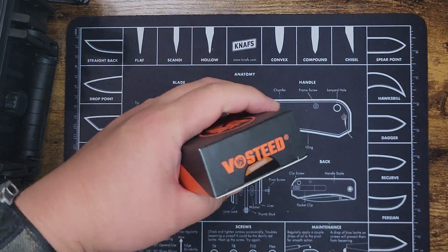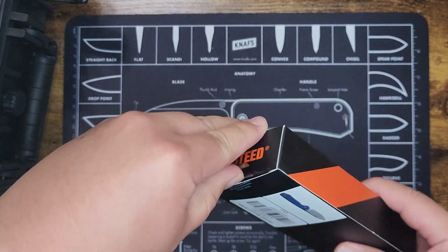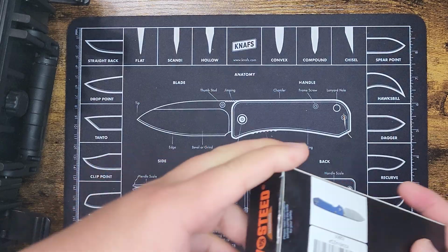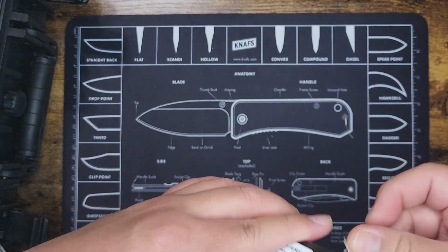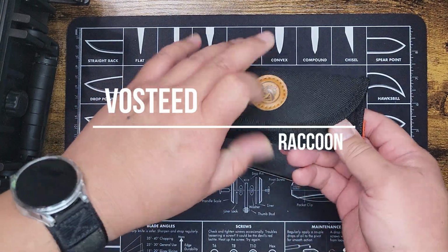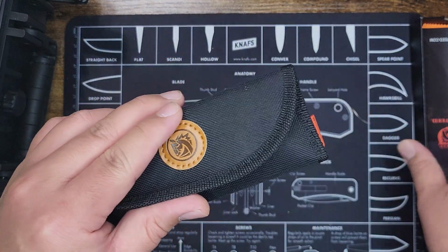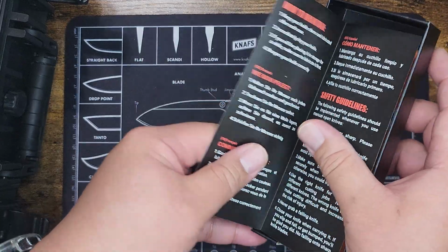Now, I've been wanting one of these for a while. It's just I've always been out of luck. This is the Vosteed. Oop, hold on. I will announce what it is as soon as I can open the box. This is the Vosteed Raccoon. Now, it comes in a nice little case. That's pretty. And before we open that, we've got what looks to be